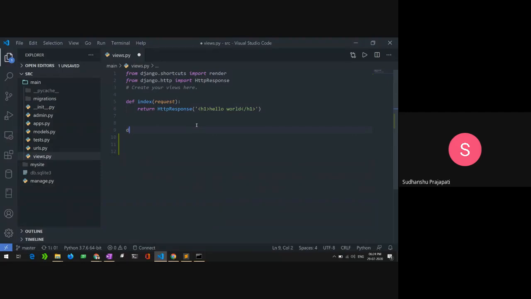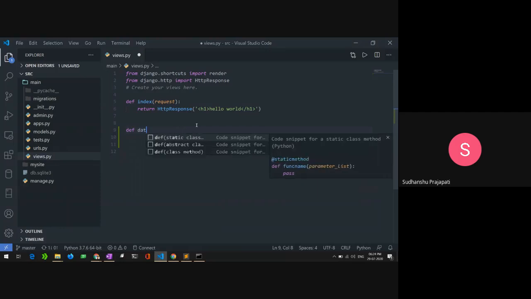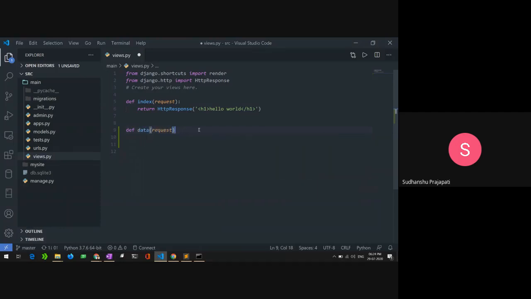So let's start, and I will name it data, and getting the request.